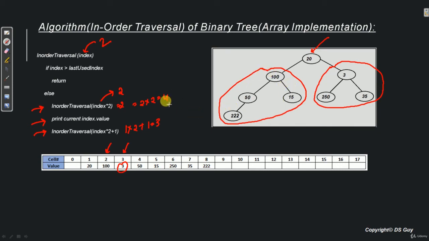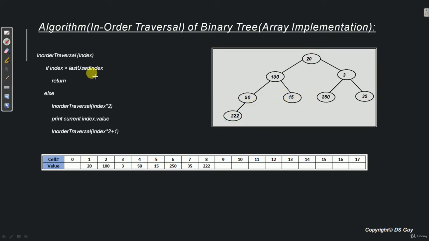So if we see 4, we see fourth cell is having value 50, which is nothing but the left subtree of this tree. Now we print the root's value, which is 100, and then we again recursively call in order traversal index into 2 plus 1. Now what is index? Index right now is 2 into 2 plus 1, so this becomes 5. So if we see the fifth cell over here, it says value as 15, which is nothing but the right